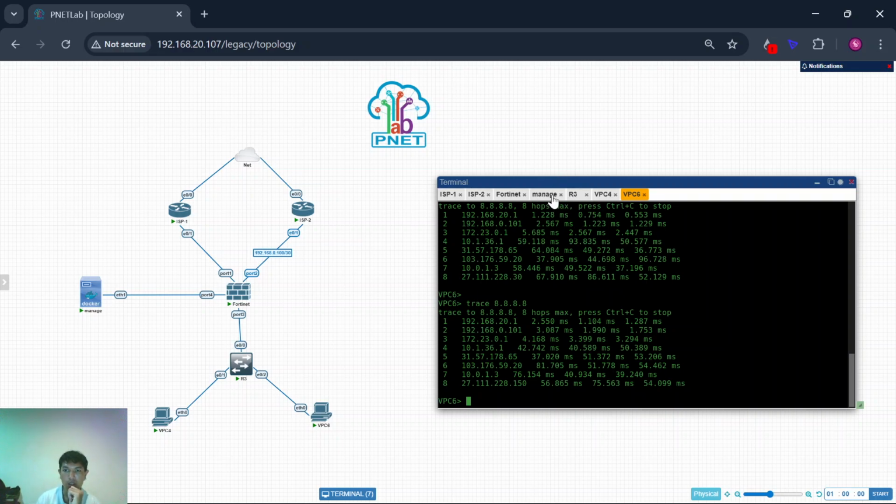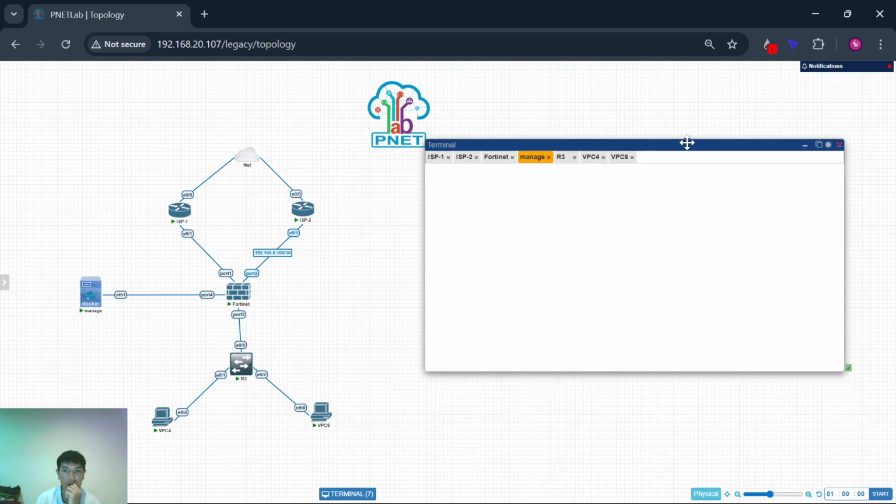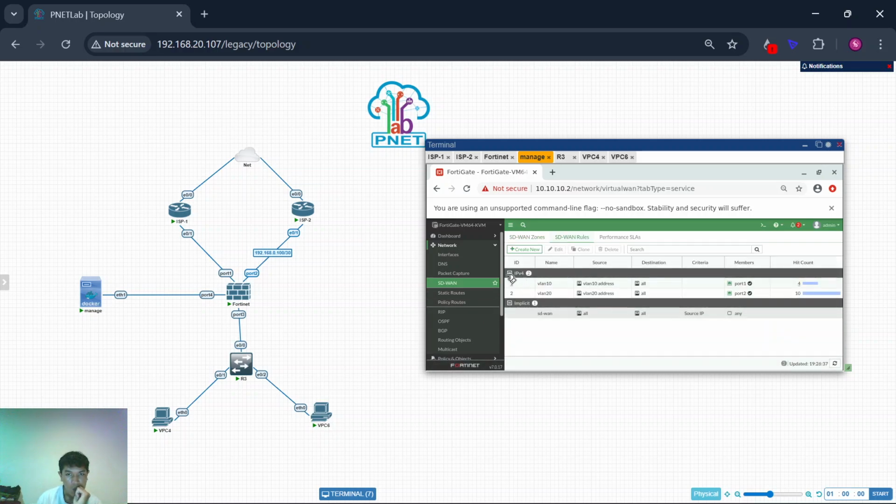If you want to manage from a Docker device, from a terminal, you can access it via the web config. For the SD-WAN configuration, first you must configure VLAN.